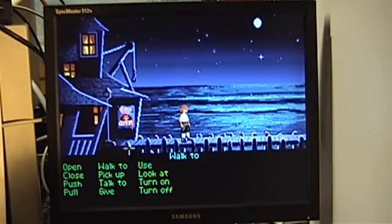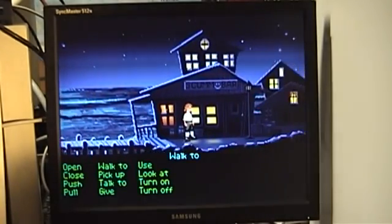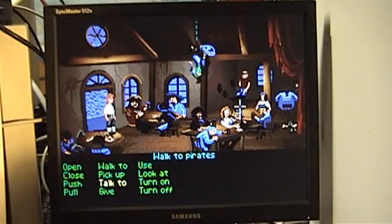This game operates largely on two methods of navigation, a sort of verb-noun approach where you choose from a list of actions down here and you apply them to an object. For example, you can see I'm approaching the scum bar, and an appropriate action would be to open the door. And of course the game makes sounds to reflect a door opening. And then if I click on that, you'll notice it has changed back to walk to. If I click on that, I'll actually walk in to the scum bar, and the music